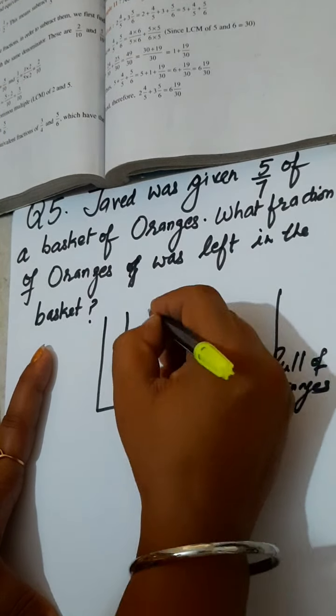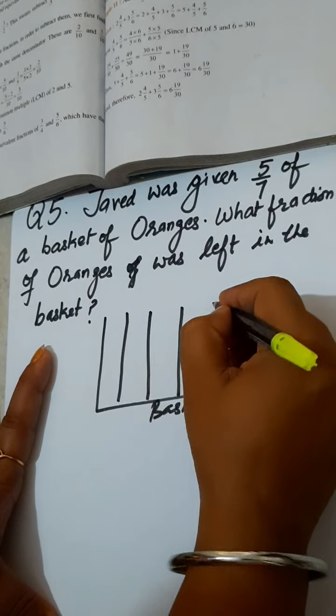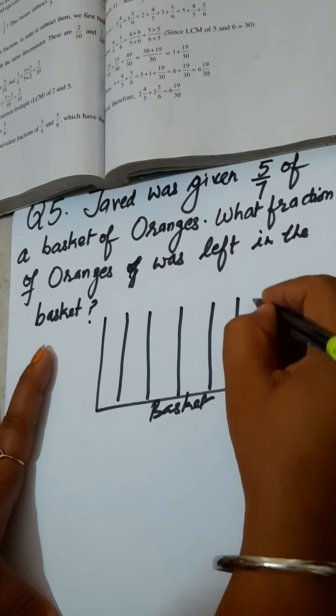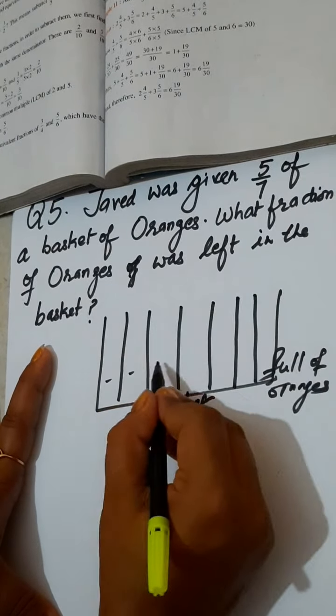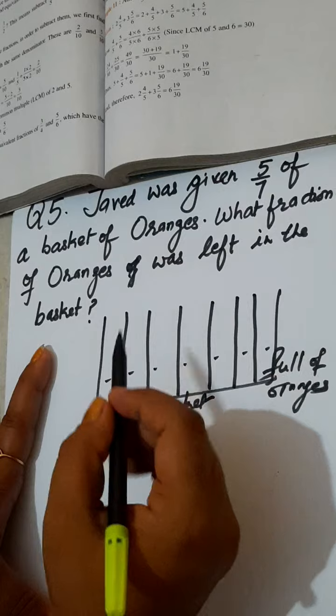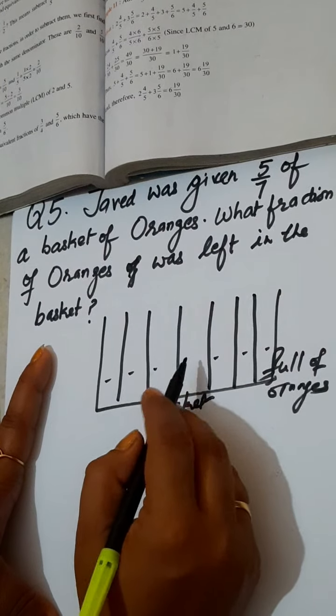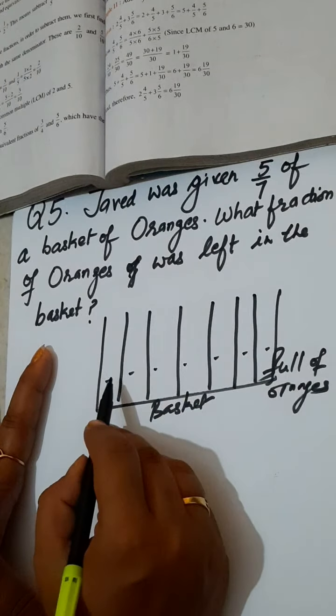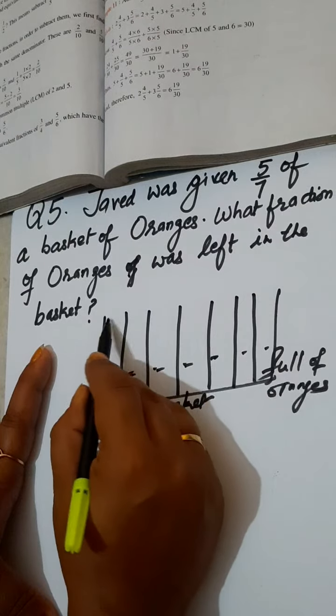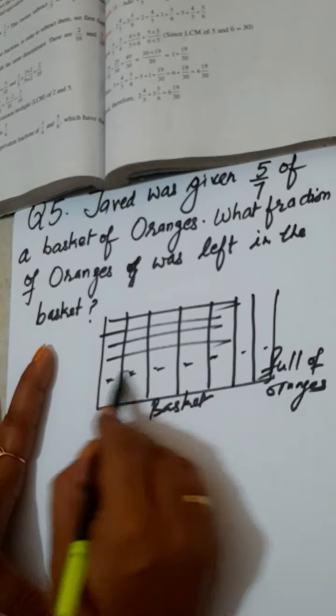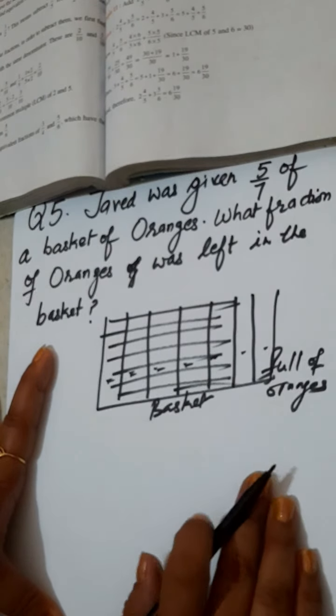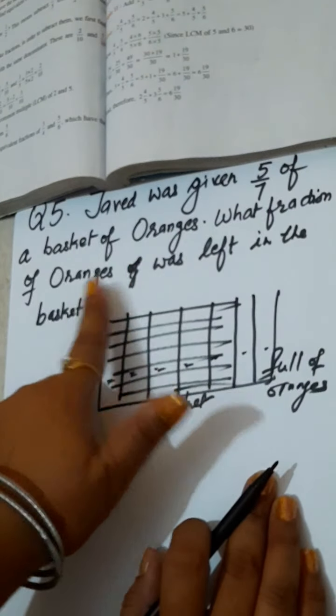So 1, 2, 3, 4, 5, 6, 7. Out of this, Javed was given 5/7 of a basket. 1, 2, 3, 4, 5. So 5/7 of a basket of oranges he has taken, and we have to find what fraction of oranges was